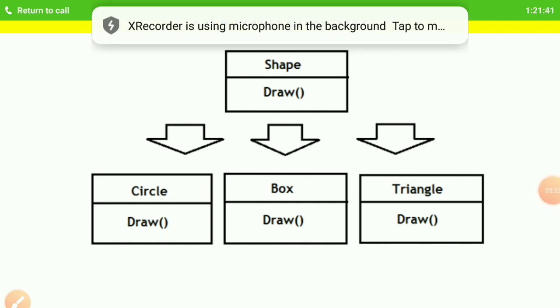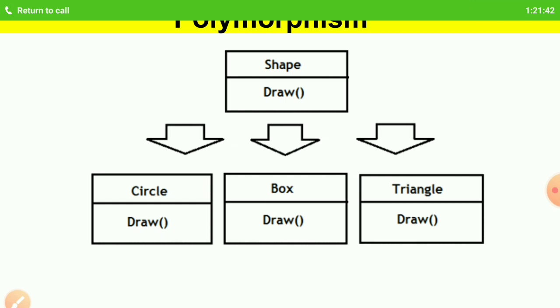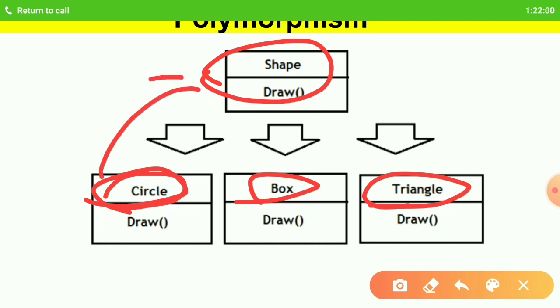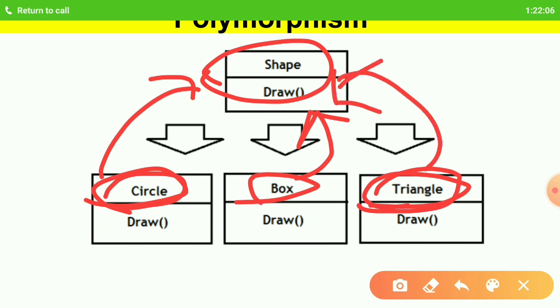Now we'll understand this using practical Java code. In the Java code, I will create four classes: shape class, circle class, box class, and triangle class. The circle class will be extending from shape, box will also be extending from shape, and triangle will also be extending from the shape class.